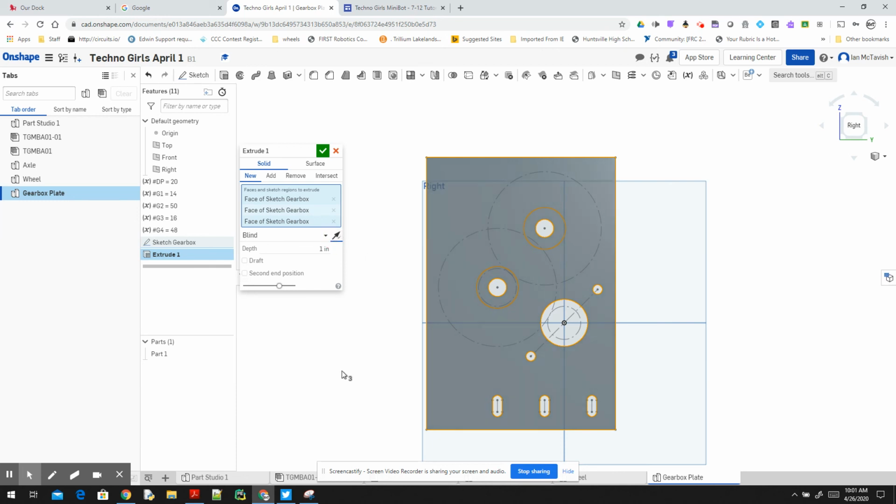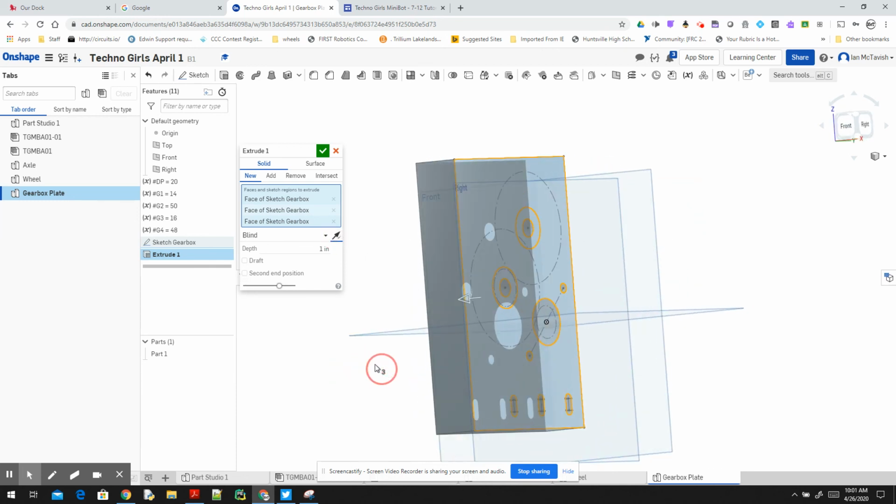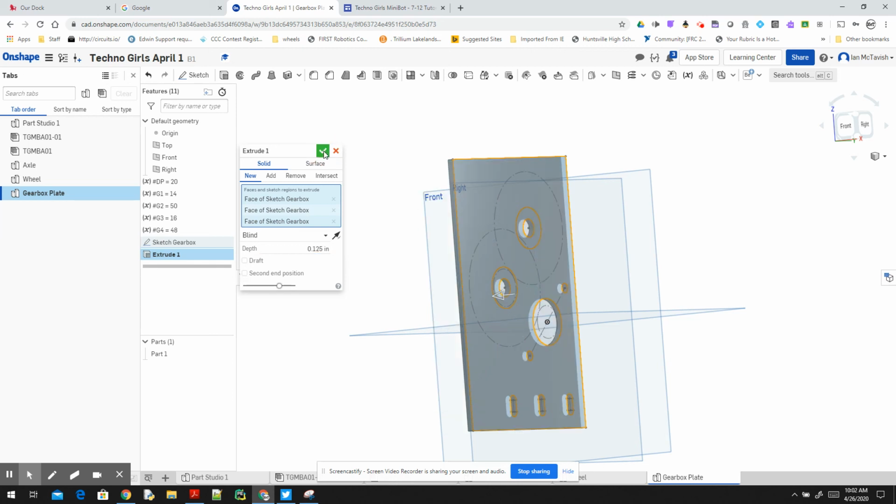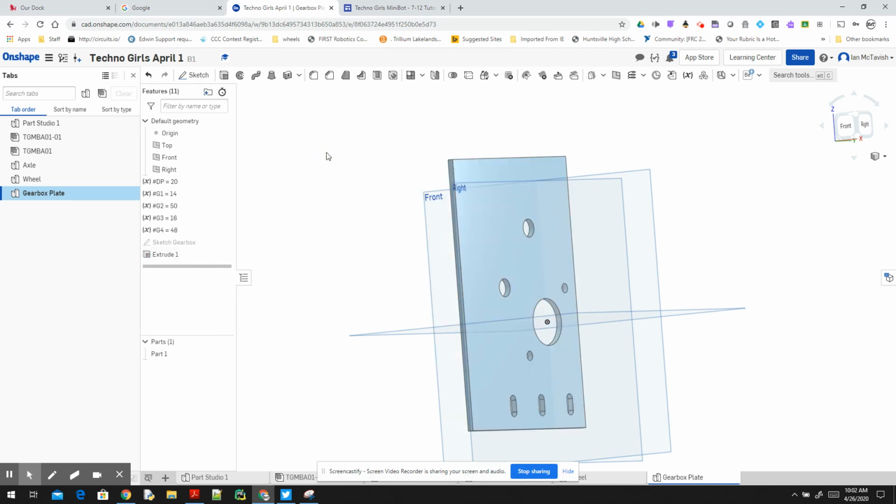So if you just look at it from the side, you can see that it's taking it from the sketch and moving that direction. And I'm going to set my depth to 1/8 of an inch. And what we're going to do is we're going to make this out of a 1/4 inch material. But I'm going to show you why we're doing it this way in a moment. So just click the green check mark,